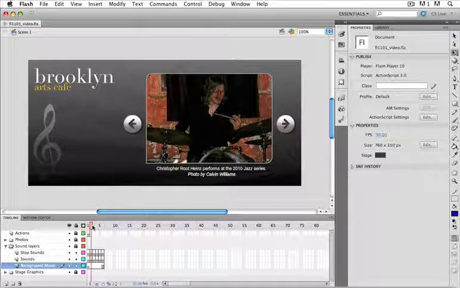One thing that Flash provides us, which is really handy, is the Edit Envelope dialog box. That lets us take sounds that we've imported into our library and edit them just a bit. We're going to take a detailed look at that in this video lesson. So to get started, let's go ahead and open up the